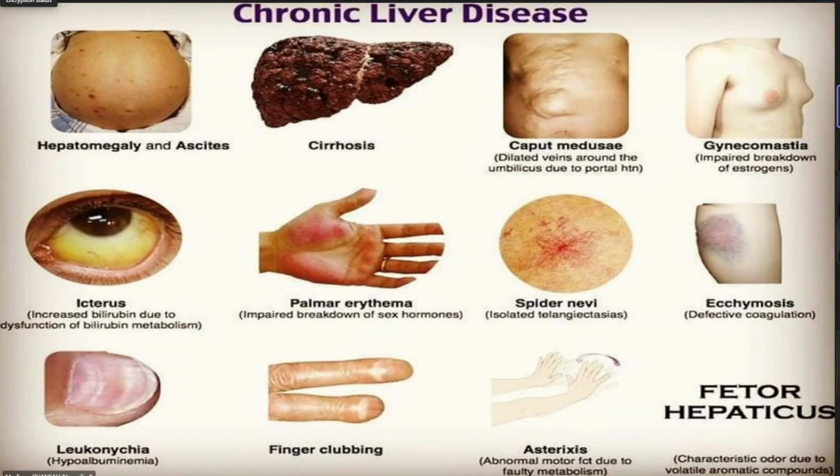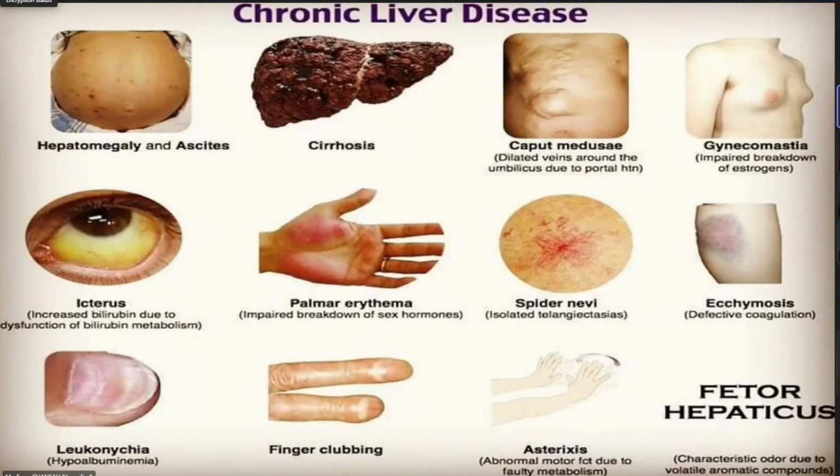This is because, as I mentioned, protein levels are supposed to help with that, but in this case, you're in deficit. Also, you realize that you'll be having something we call asterixis. When you see from the picture, you can see the person has stretched out a hand. When you stretch out your hand, it's not supposed to flap or move. But with people who have chronic liver disease, once they put their hand in the air and you put a paper on their hands, the paper will just be shaking up and down. This is due to a faulty metabolism. So the motor function is also deranged. So that's what usually happens.